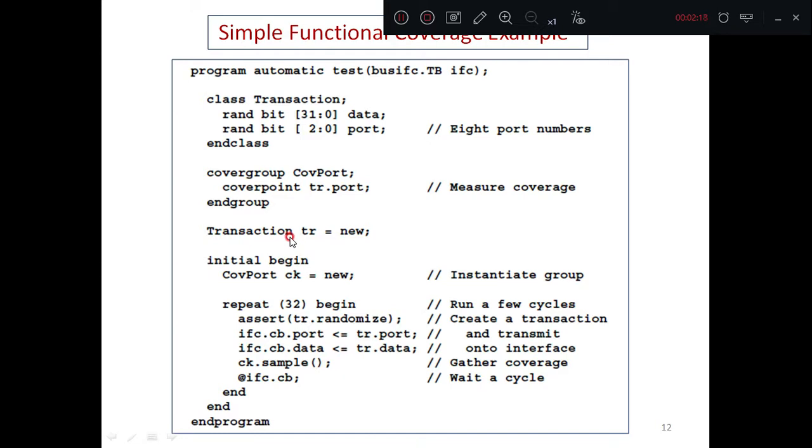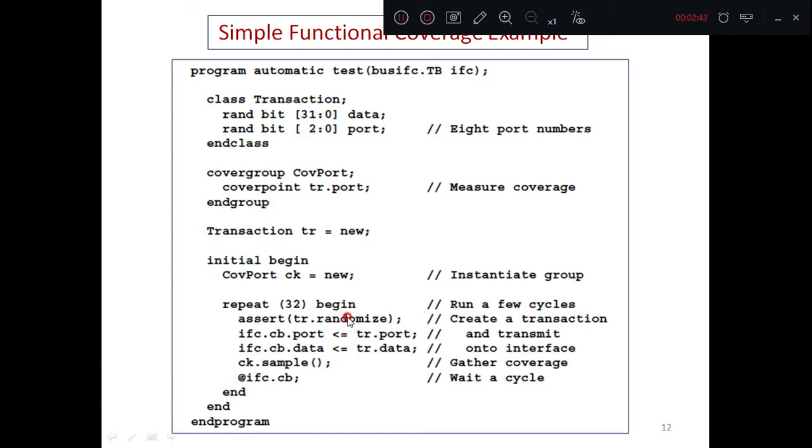Now transaction tr = new, and this is the initial begin as usual. And cov_port, what is this cov_port? It is the name of the cover group, cg = new, that has to be instantiated. The group has to be instantiated. This is repeated 32 times, begin, and we are randomizing here. So what does randomize say?